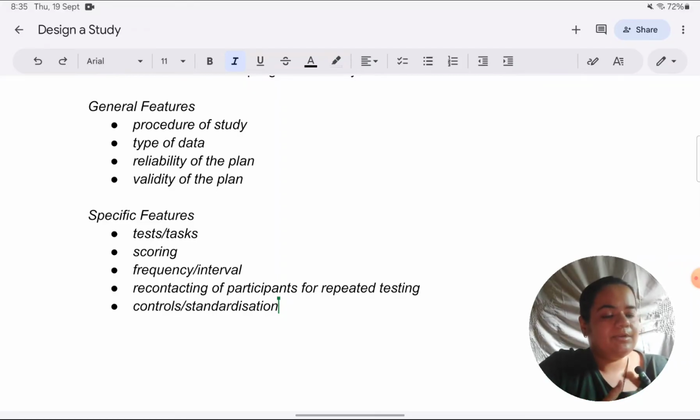Okay, at this point I would like to say many students feel that the features are too much to be remembered and for every study they need to remember different features. Now, I would say that remembering the features is the minimum you can do. Of course, you have to prepare for an exam paper, so you will be required to remember some things. But if you're finding it very difficult, a common reason for that is you haven't practiced enough. As such, you don't need to memorize these features if you have been practicing designing your study.